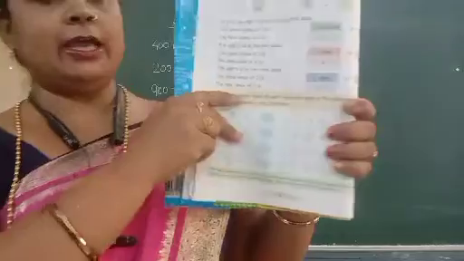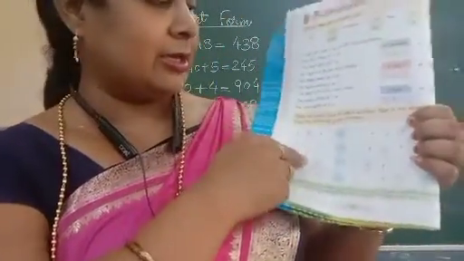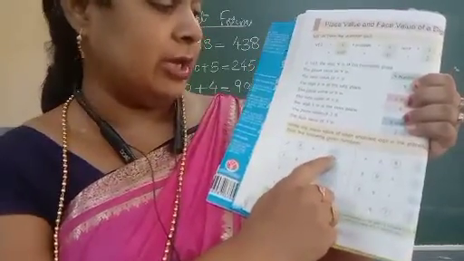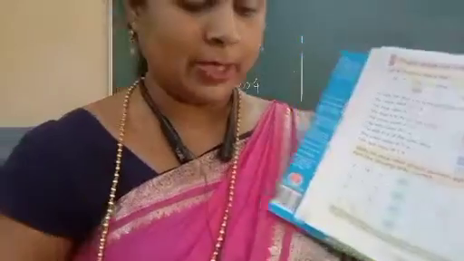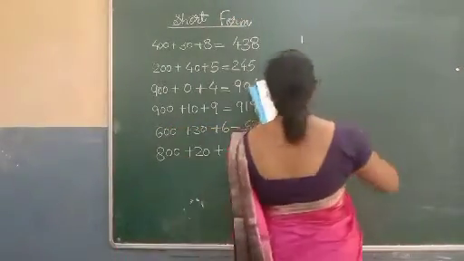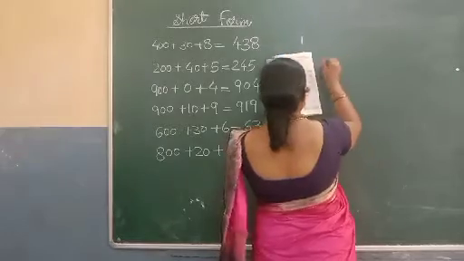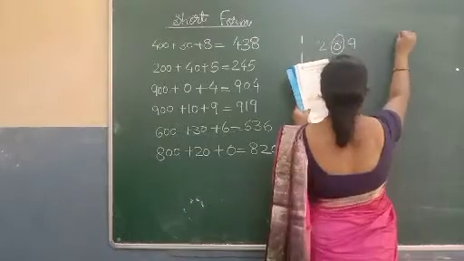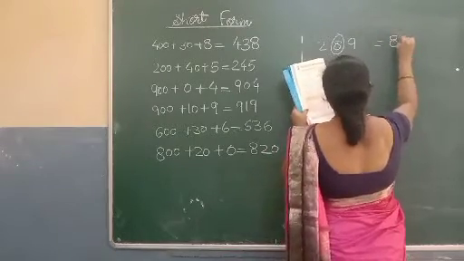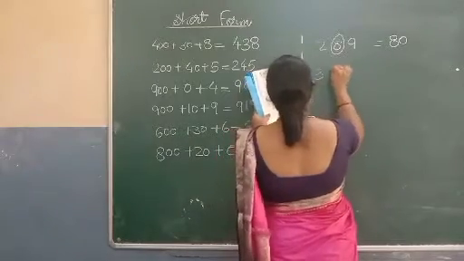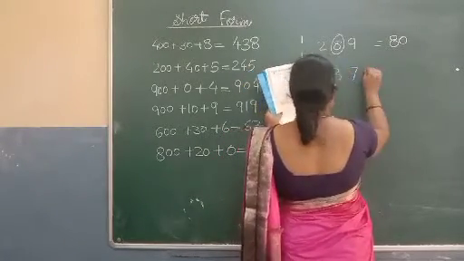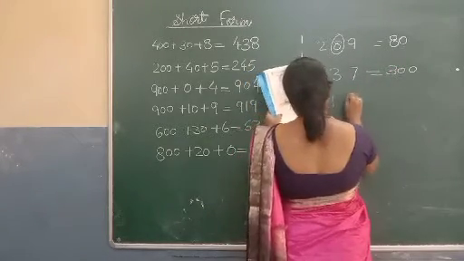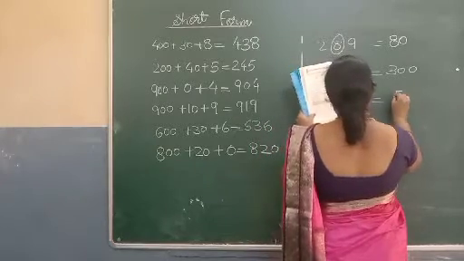जो नंबर encircle है उसका हम प्लेस होल्डर निकाल करके लिखेंगे. ओके. जो नंबर encircle है उसका हम प्लेस होल्डर लिखेंगे. You can write here. यहाँ पे encircle है 8, 2, 8, 9. तो here are given 80. Okay. 3, 3, 7. Placeholder of 3 is 300. 2, 1, 5. 5 ones.